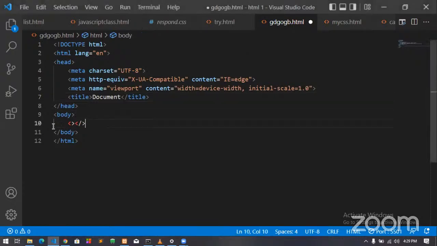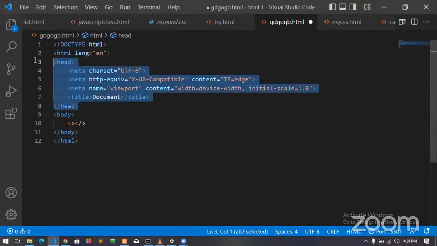So this is what we call opening and closing tags in HTML. This is the open tag. This is the close tag. It's just like greater than and less than signs, but your closing tag has a slash. So that's why we have an open html tag and a close html tag. So html is just like the root tag. Then we have our head tag, our open and close head.